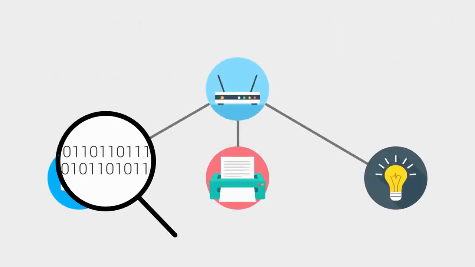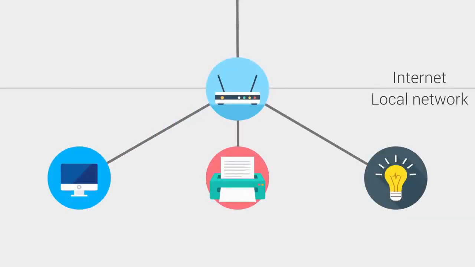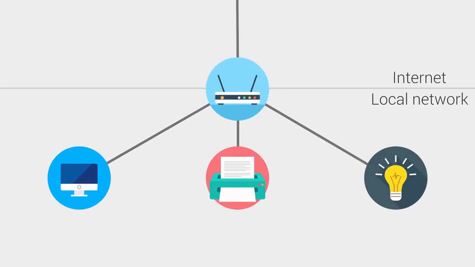If you want to take a look at Ethernet in action, I recommend you install a program called Wireshark, which lets you look at the traffic on your own computer. As you may notice, Ethernet is a local network-only protocol. It doesn't provide us with any means to communicate with devices outside our own environment. That is the task of IP, a protocol that sits on top of Ethernet, which we will discuss in another